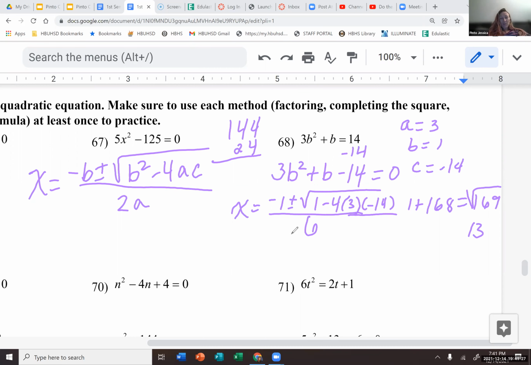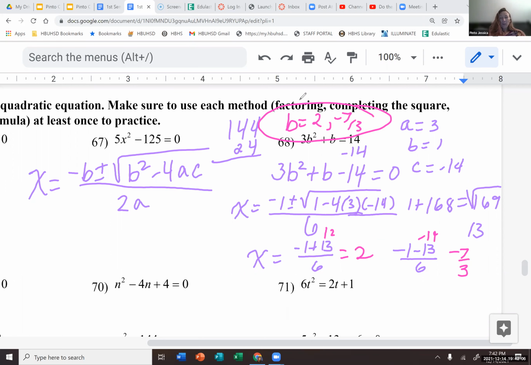So I have to do the calculations. I've got x is equal to negative 1 plus 13 over 6, and then also negative 1 minus 13 over 6. So negative 1 plus 13, that's 12 over 6, which is equal to 2. And then adding negative 1 and negative 13, I get negative 14 over 6. So that means my other answer is going to be negative 7 over 3. So b is equal to 2 and negative 7 over 3. I could have written that a little bit smaller, but